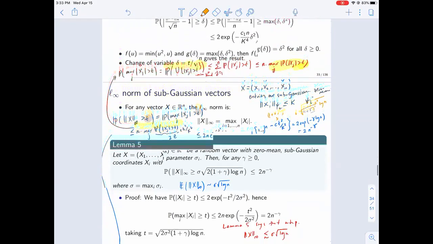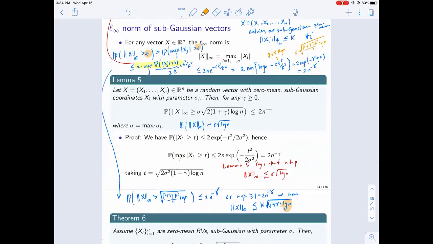And we also looked at the L infinity norm of the sub-Gaussian vector, let's say with parameter sigma I, and argued that basically this L infinity norm is bounded by sigma root log n with high probability, where sigma is the maximum of the sub-Gaussian norms. And I also mentioned something about the expectation, which actually is on the next slide. So I'm going to delete this and actually talk about this. Okay, any question about the previous results that we talked about? So let me just continue